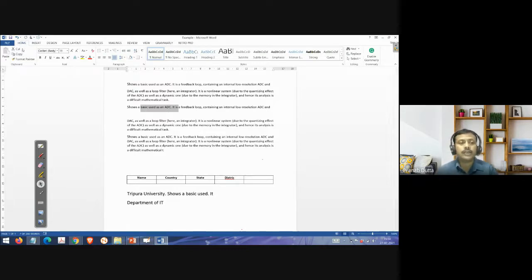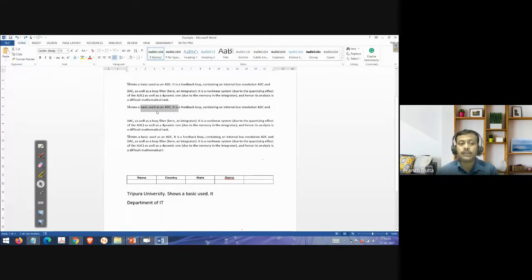So you just go to the cut button here. If you see, it is totally removed. Then I put the cursor where I want to paste it, then paste it. It is pasted here. That is very simple. This portion I want to move, so I press the cut button, put the cursor here, and press the paste button. It is pasted here.